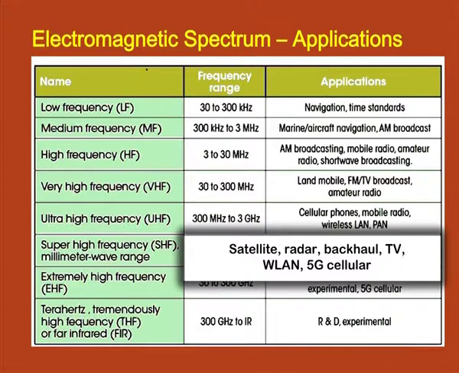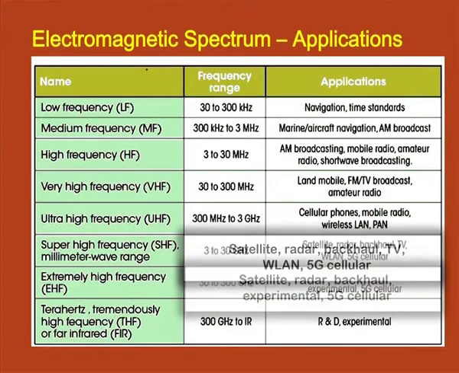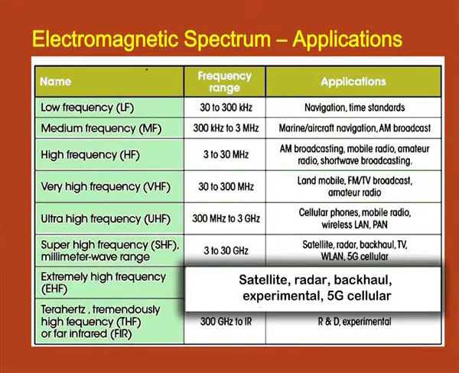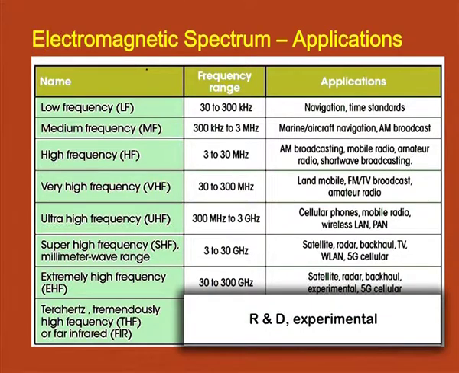Super high frequencies are used for satellite, radar, backhaul, TV, the direct to home connection which we use through dish antennas, wireless LAN and 5G cellular communication. Then extremely high frequencies are used for satellite, radar, backhaul, experimental and 5G cellular communication, and extremely high frequencies in the range of terahertz are used mostly for research and development